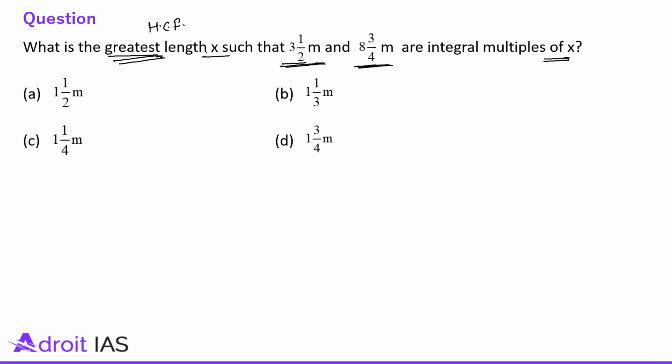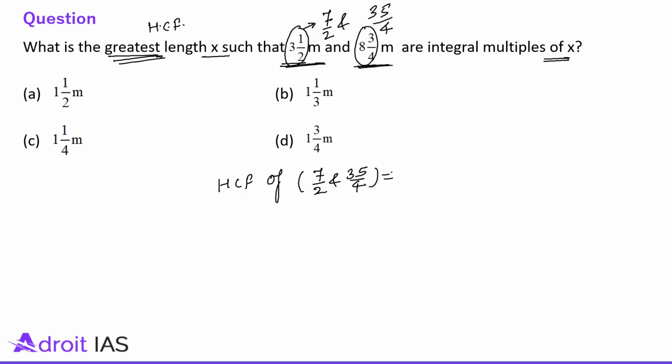Find which is the HCF. They are actually mixed fractions, 3 integer 1 by 2 and 8 integer 3 by 4. Just convert these into proper fractions. 3 twos are 6, 6 plus 1 is 7, so 7 by 2, and 8 fours are 32, 32 plus 3 is 35, so 35 by 4. So here we need to find the HCF of two fractions, 7 by 2 and 35 by 4. The HCF of fractions means the HCF of numerators